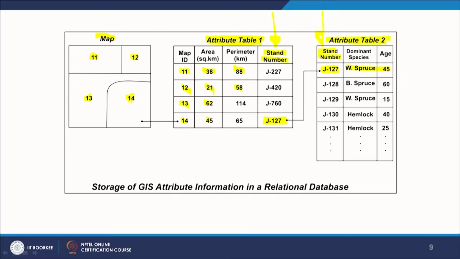So, this common entity or common field and characteristics will allow me to relate two databases or two tables. That is the essence here, that is why it is called a relational database, and this is exactly what we keep doing in GIS, that we relate the data or find the relationship between two databases. But the main requirement is that all databases which have to be related should have one common field with common or identical characteristics, then relationships can be established.